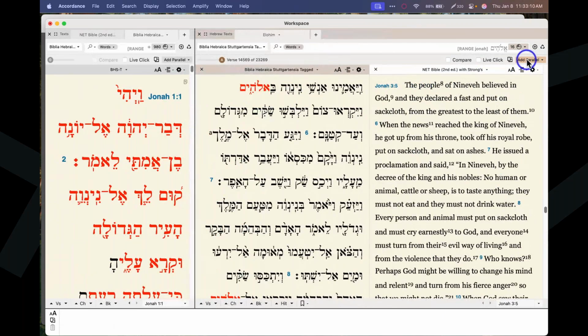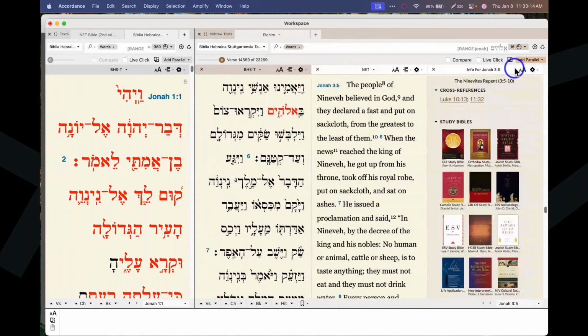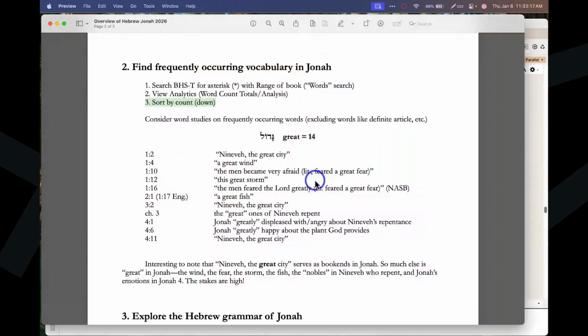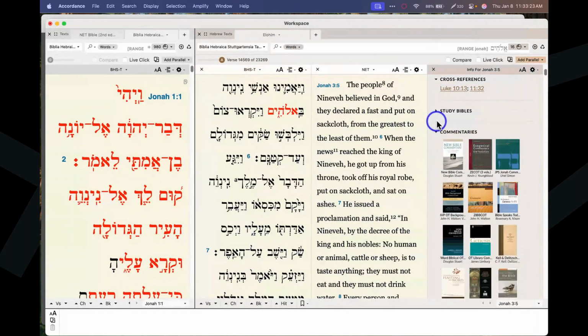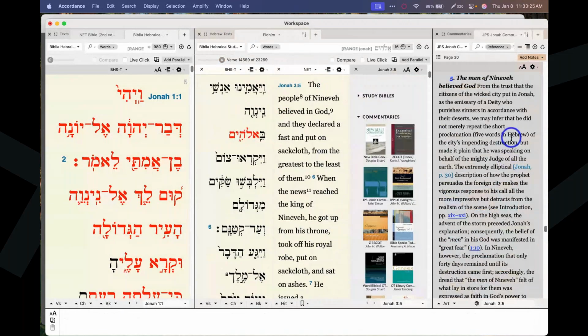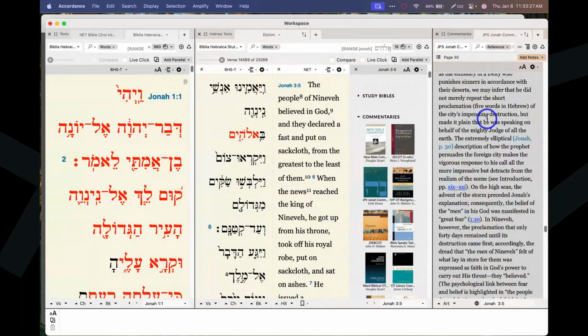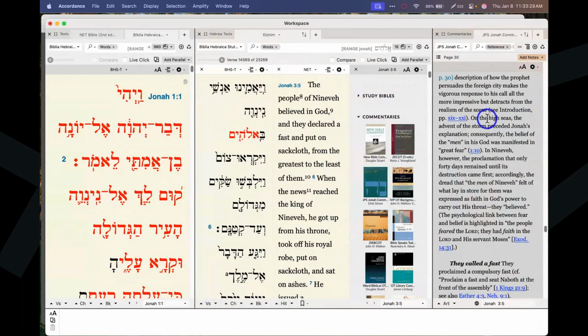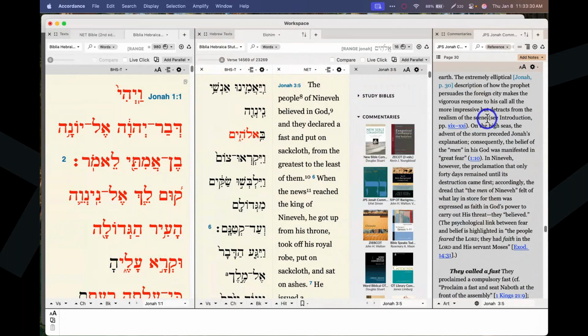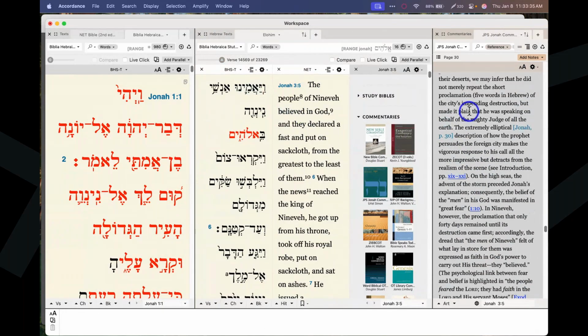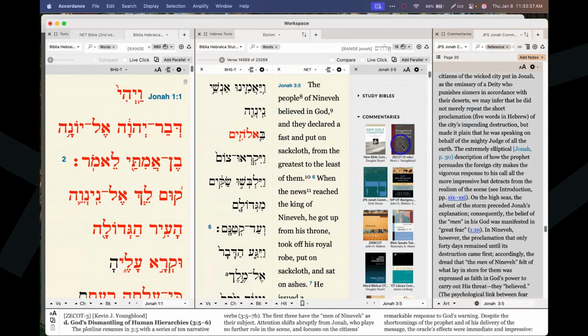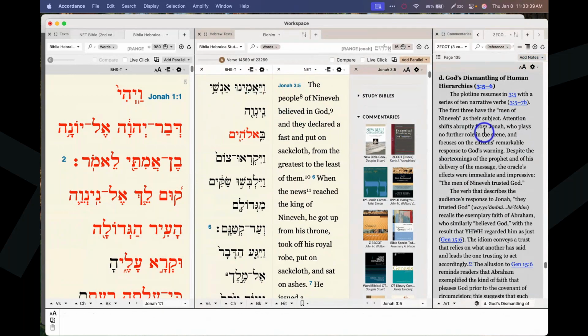This would be a great point to go to the info pane and check the commentaries. The one I mentioned at the end here, this JPS Bible commentary, would be the one I would think is most likely to address that particular question. And it doesn't look like it does. The people of Nineveh believed in God. It doesn't have that particular question. So I might just go through. You could try this